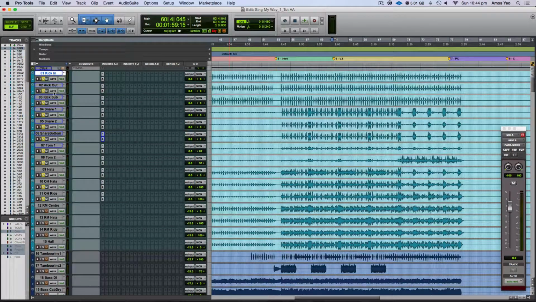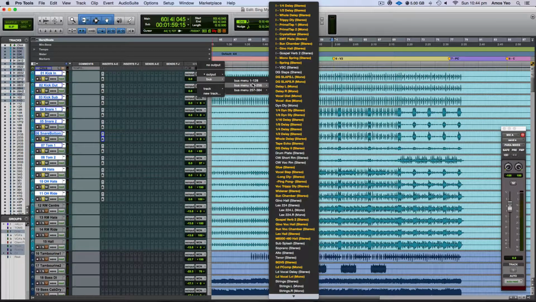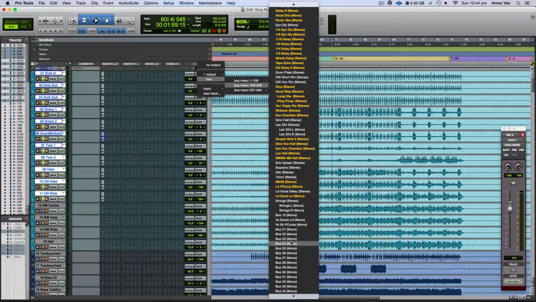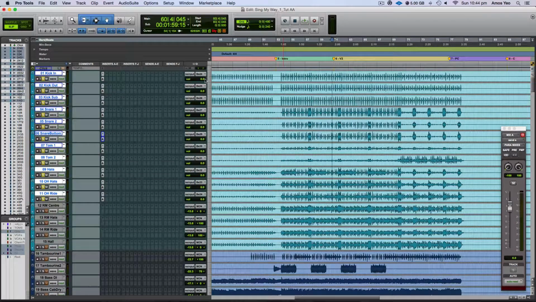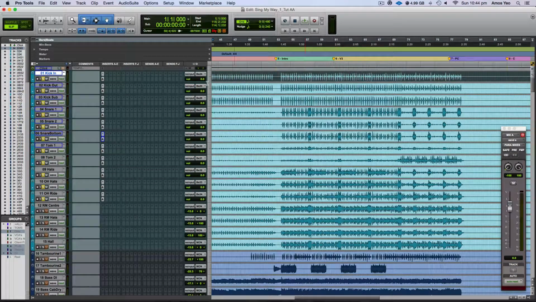In Pro Tools, I'm going to bus them all individually. So I hold down Shift, Option, Command, and click on the output, find a mono bus, and then it's going to cascade all of them accordingly. So 24, 25, 26, all the way down to where I've ended as well. And then I'm going to select everything,